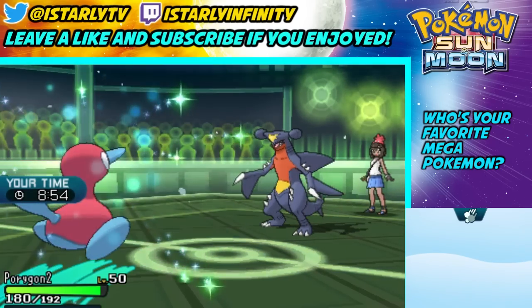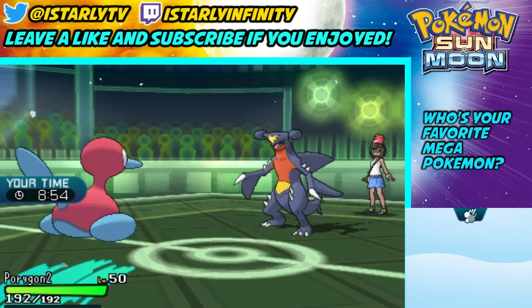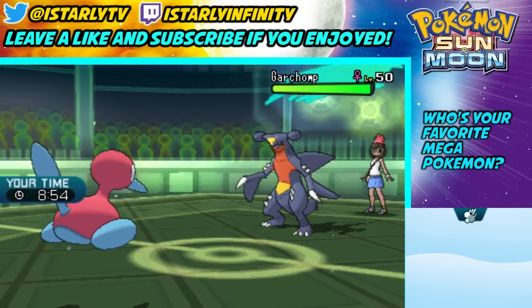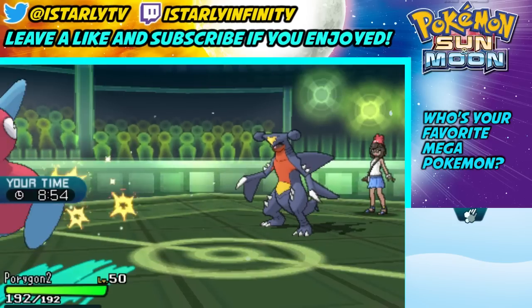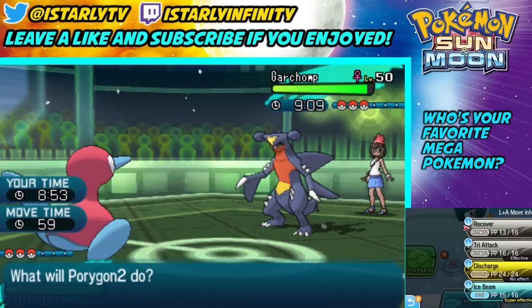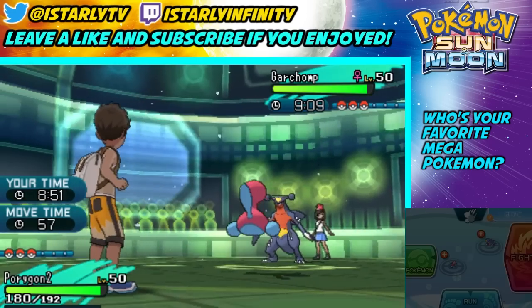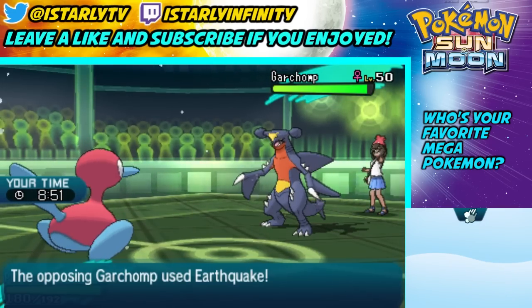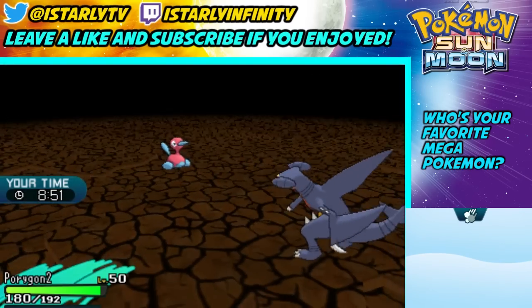This isn't ideal at all, but I think I'm just going to stay in. I mean, there's really nothing else I can do. If I go into anything else, they're going to be taking a lot of damage. I feel like this Garchomp is going to have, like, Swords Dance or Substitute, both of which would be extremely annoying to take on, but I mean, we've already seen that Porygon can take hits from this Garchomp really, really nicely, so...